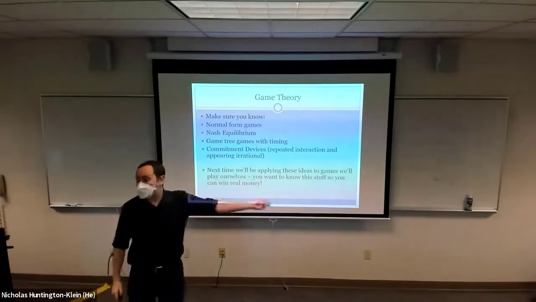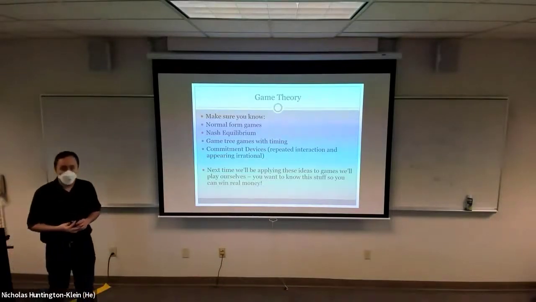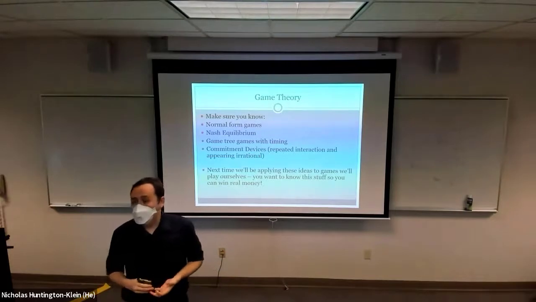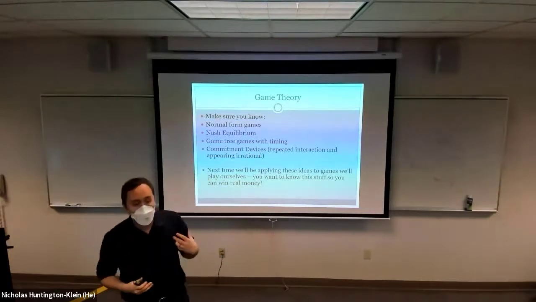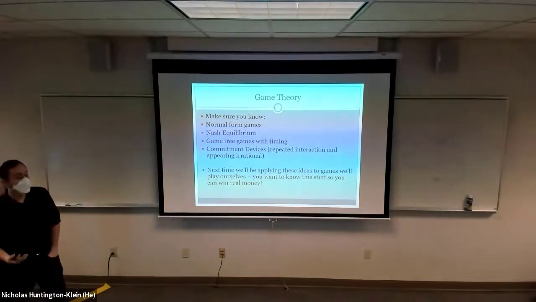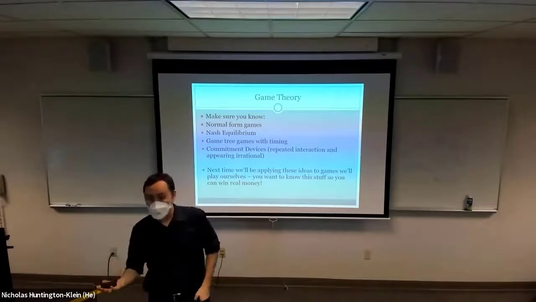So if you can go faster than everybody else and announce first, that limits the options that the other person has. It also takes away your opportunity to choose the low-price option. And if they know that you can't choose the low-price option, they're not going to anticipate that you will. So by removing options for yourself, that's another way in which you can basically have a commitment to this particular outcome.